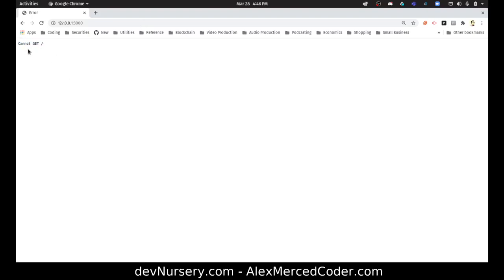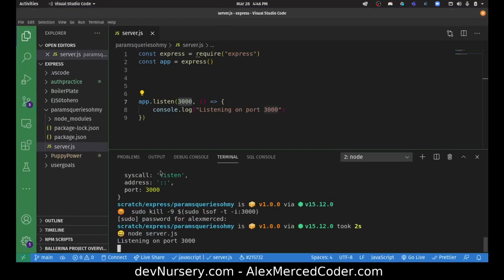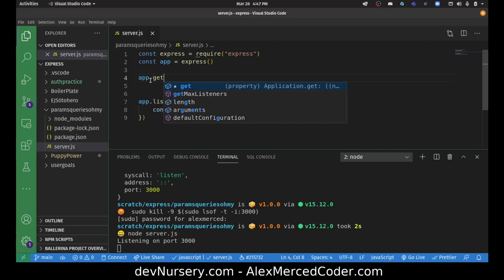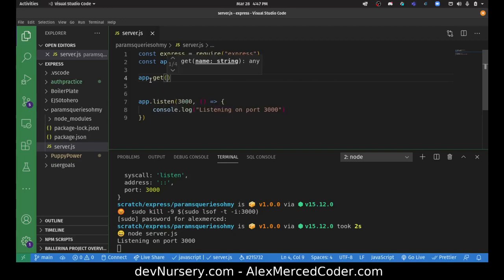because this just means, hey, my server has no way to handle this particular request. It has no way of knowing how to handle a GET request to slash. That's the whole point of Express: we're defining how to respond to certain requests. So if I do app.get, I'm saying I want to define how to respond to a particular GET request. Now if I say /cheese, I'm saying a request to the endpoint of /cheese, and then I have to pass in a function,